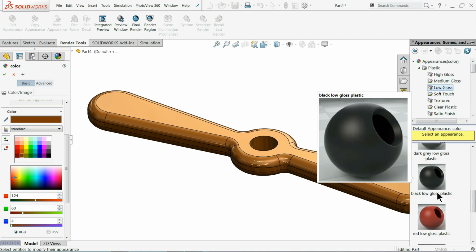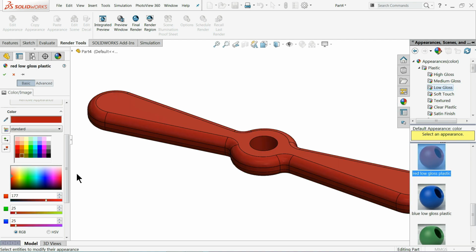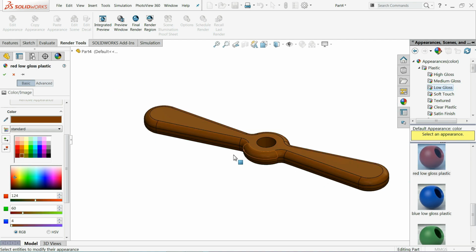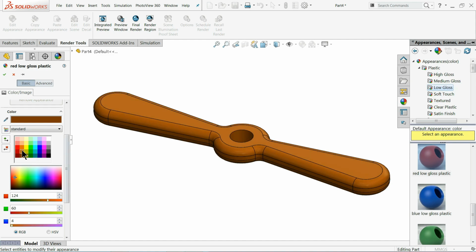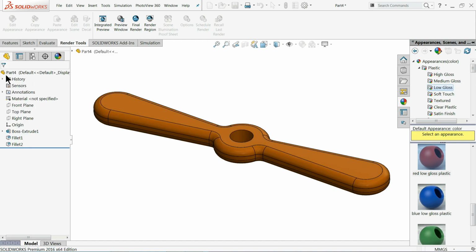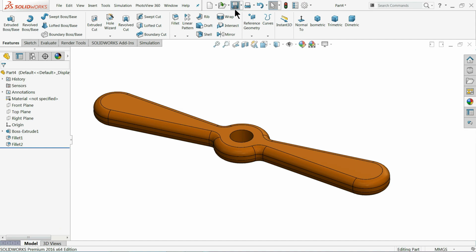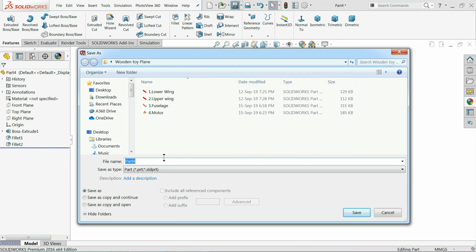Low gloss plastic. It seems better. Okay, now let me save this one. We will save this part number 5, propeller.